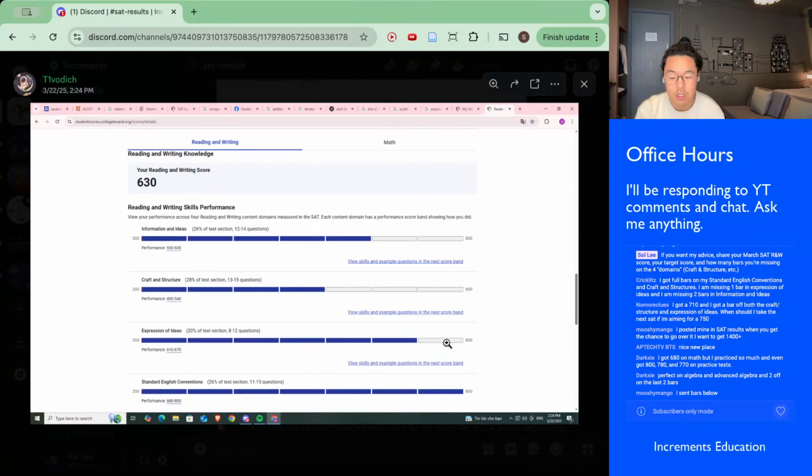Okay, so learn the transition words, and then for craft and structure, specifically focus on the word and context questions. I think you really probably need to learn to predict the correct word first. And whenever there are words in the craft questions that you just haven't learned, add that to your personal vocab list. But regardless of whether you have the vocabulary that's sufficient to always know for sure the correct